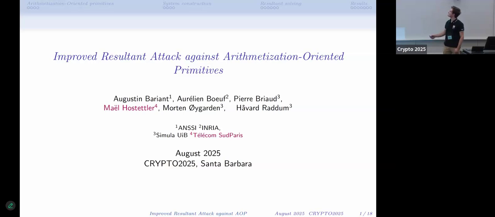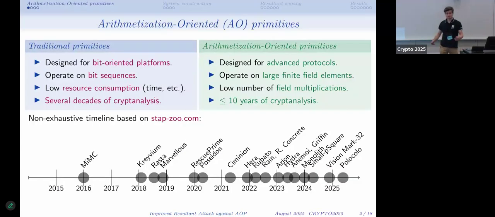So let's dive right in. A bit more about arithmetization-oriented primitives. This work focuses on arithmetization-oriented hash functions. First of all, to understand why these primitives work the way they work and why we have these algebraic attacks, we first have to notice that they come from the need of